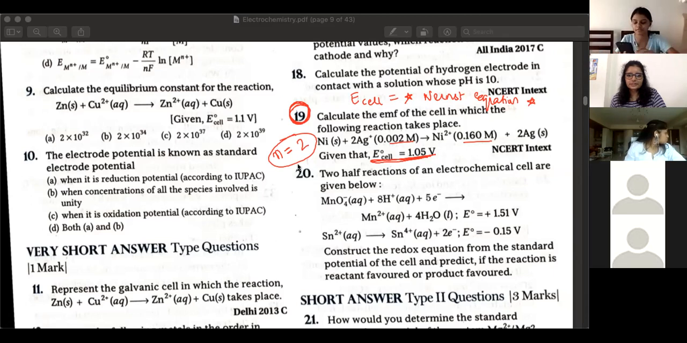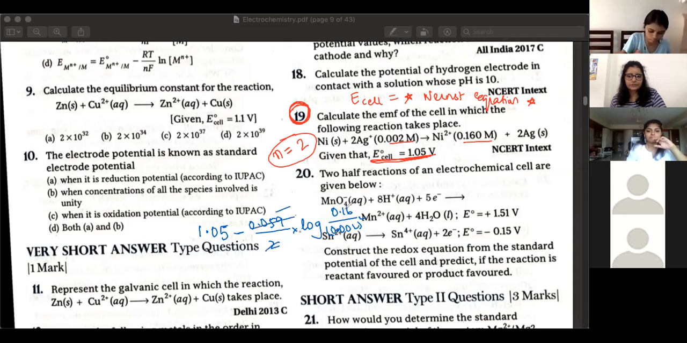Okay, so construct the Nernst equation. What did you do? I did that. 0.05, minus 0.059 divided by 2 into log, product is 0.26 divided by 0.002 squared. Is this what you started off with? Yes, ma'am. So check it number 1. First, this you can figure out. Then this logarithm calculation you can figure out. And then